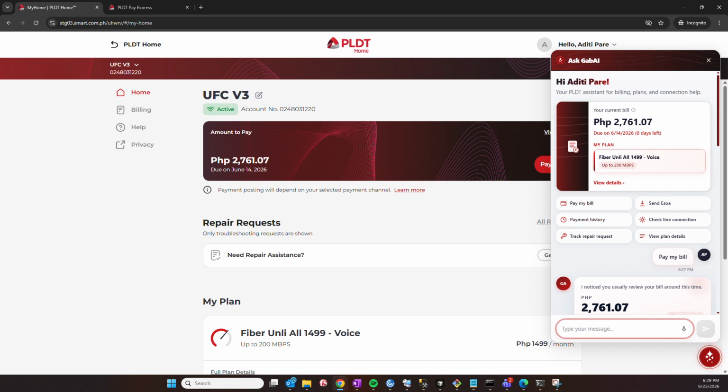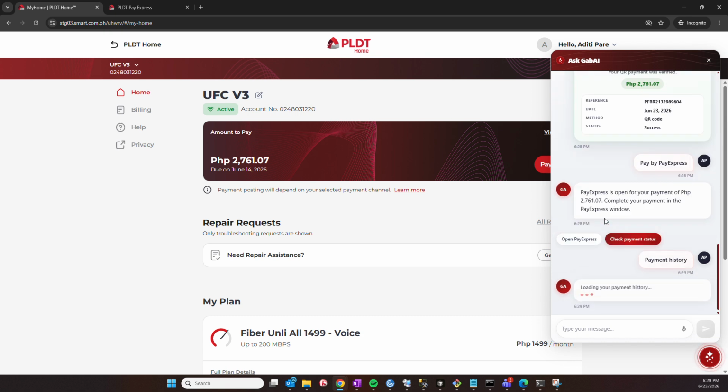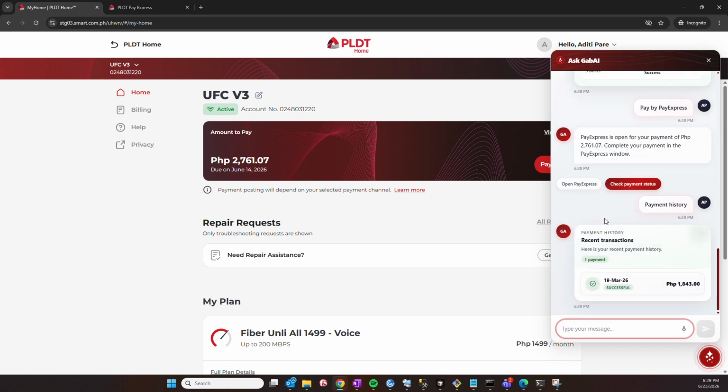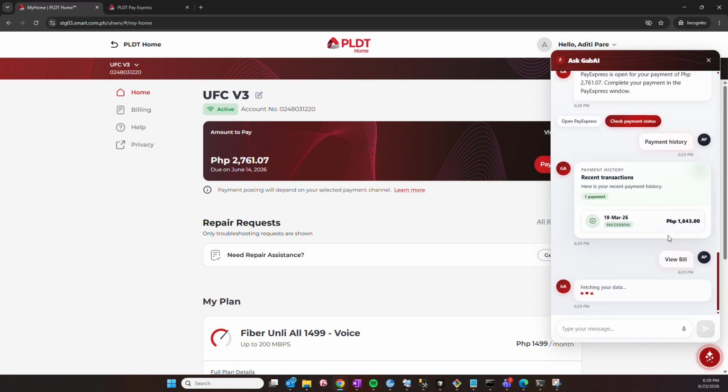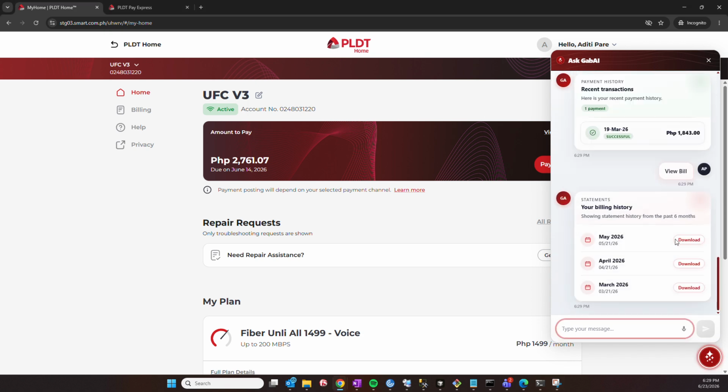Need a copy of your bill and records? Just ask for payment history, or your SOA, and it goes straight to you, all without leaving the chat. Here's how you can check your payment history and download the SOA.